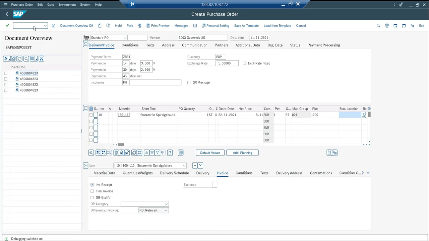So debugging is the closest way, I'm not saying the easiest way, the closest way to find an enhancement for the requirement. So /h, it shows debugging switched on, and press enter. My requirement is, if the user presses enter, I want to validate something and pop up a message or do some related thing, depending on the business. So press enter,